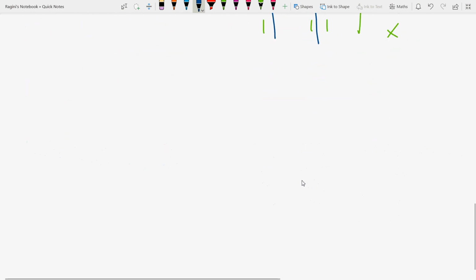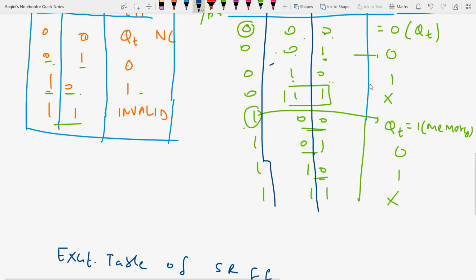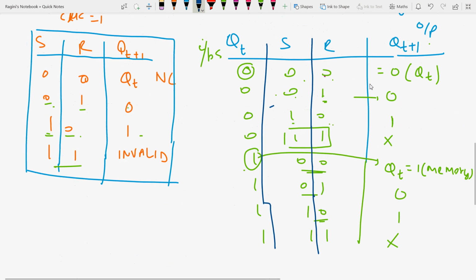Now what will I draw? I will draw the excitation table. The excitation table will be depending upon the characteristic table. Okay, now the excitation table of SR flip-flop. It will be depending upon the characteristic table. Now what will happen, as you have seen,